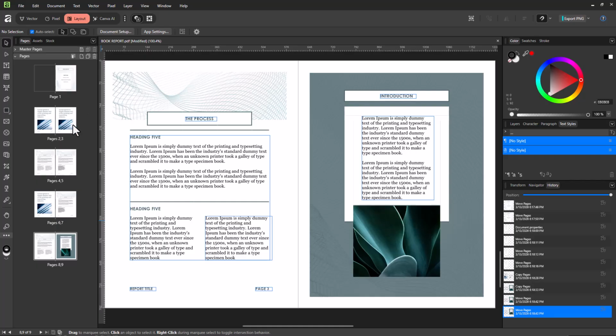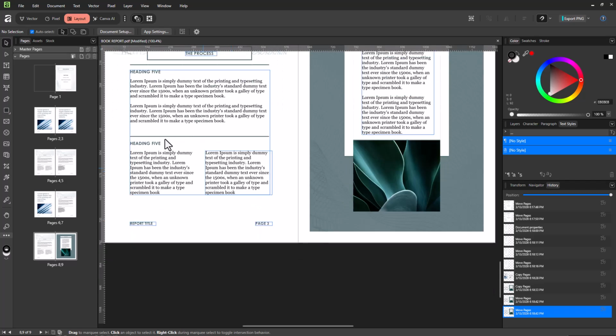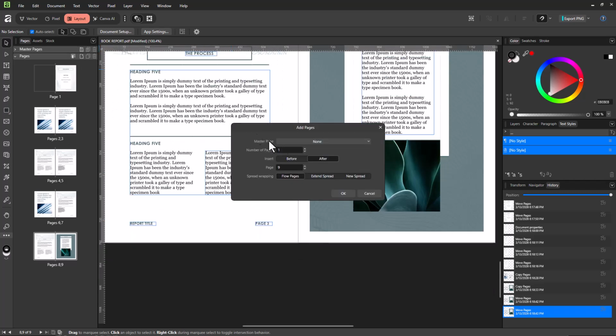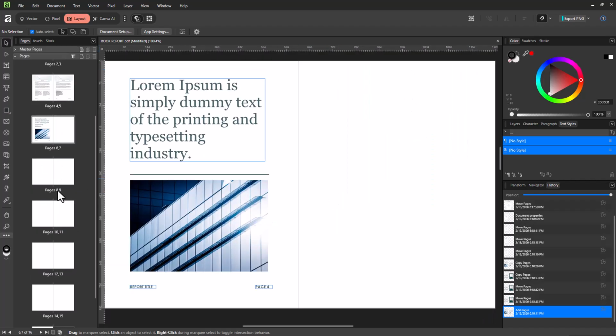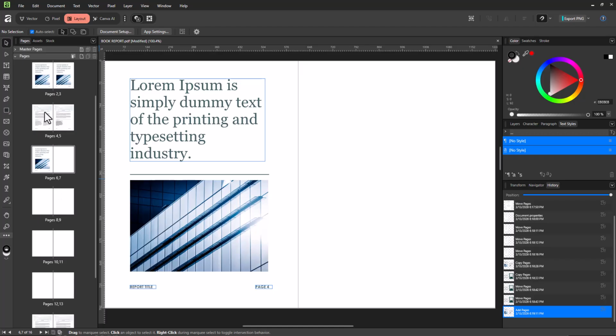If you want to add an extra page, you can click on Add Pages and then choose the number of pages, and then choose, for example, a particular page and add it before or after that. So let's say I'm going to add it after page 6. You can extend the spread or add a new spread right here, but I just want to flow the pages. If I click on it, you can see that new pages are added right here, just like this as well. So that is basically how you can add, duplicate, delete, and rearrange